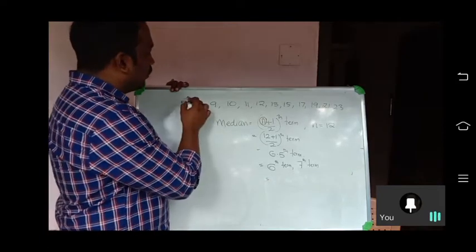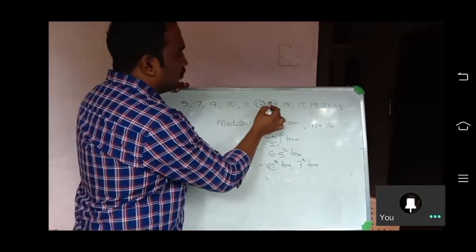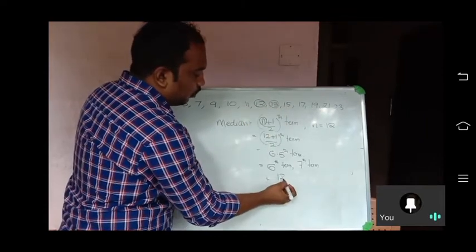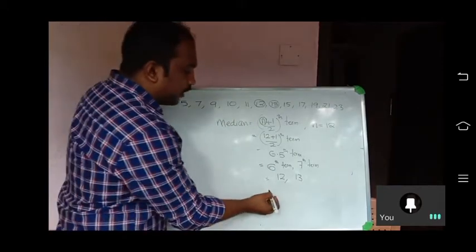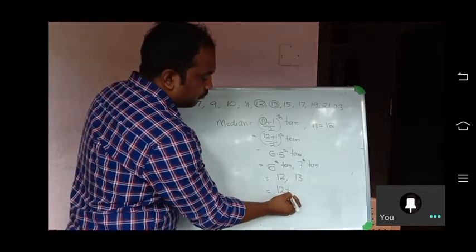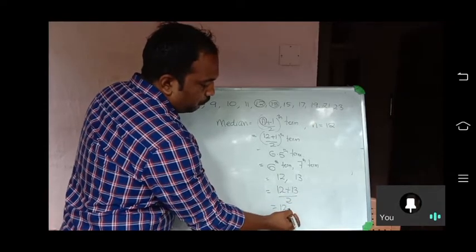The 6th term is 1, 2, 3, 4, 5, 6. The 6th term is 12 and the 7th term is 13. Now find its average, which is 12.5